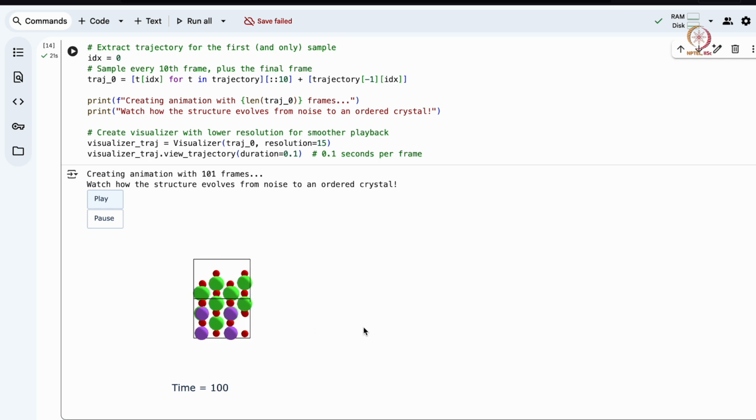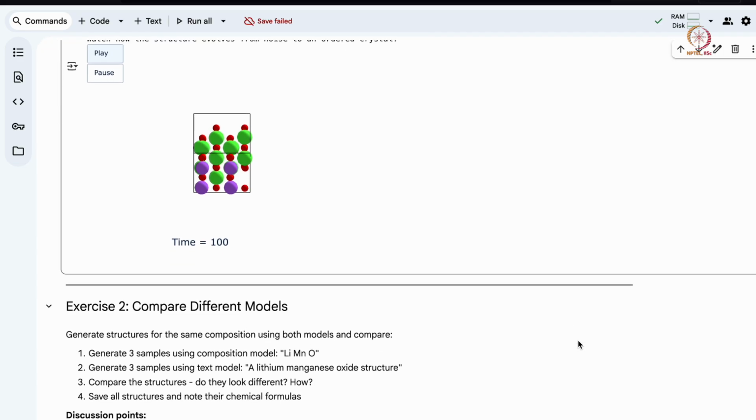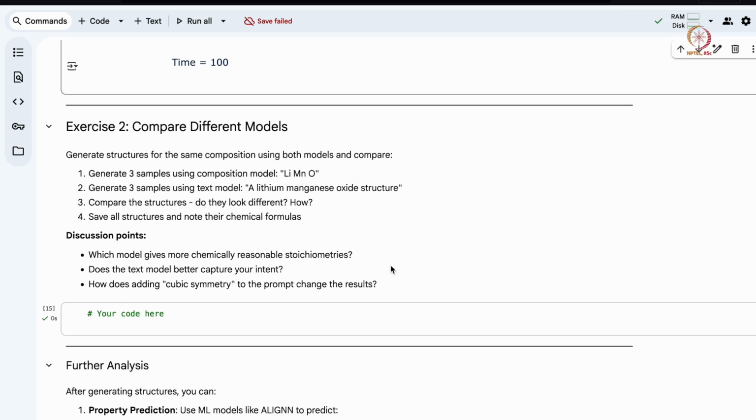That's when you know that the denoising process has been successful, and the text embedding that you gave as input and the initial noise vector have actually aligned in the best possible way they could, using this pre-trained model. As an exercise, you can try out different structures, different numbers of samples, and visualize them.